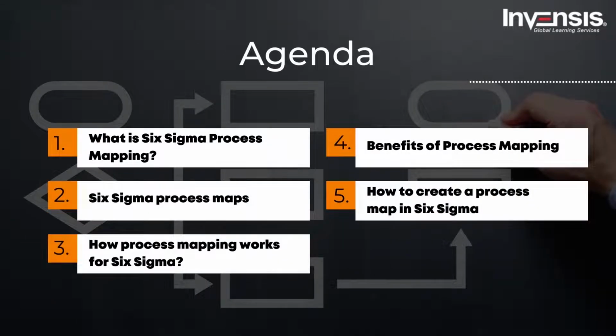Before we get started, I would like to address the agenda for today's session. We will start our session by understanding what is Six Sigma process mapping. Then we will talk about Six Sigma process maps and how process mapping works in Six Sigma. Then, we will understand the benefits of process mapping and finally conclude by talking about how to create a process